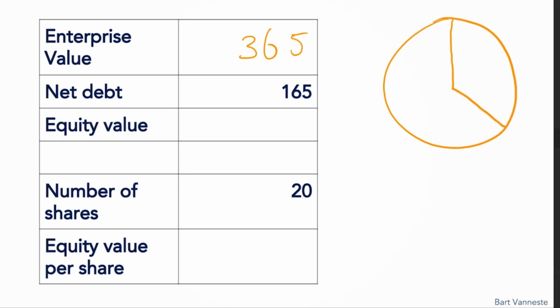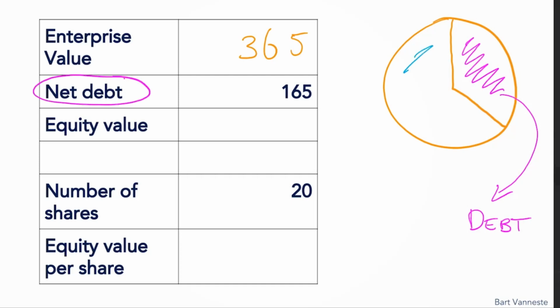So one part of the firm or the enterprise belongs to the bondholders, the other part belongs to the shareholders. The part that belongs to the bondholders we refer to as debt or net debt. The remaining part